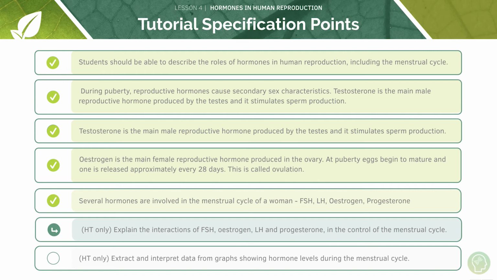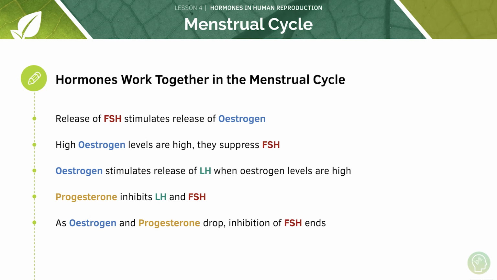Now we're going to make this a little bit easier for you by breaking this down even further. So note that these next 2 parts are for higher tier only, but they can be quite useful in helping you understand the interaction of these hormones even more, so do stay tuned if you'd like to. So hormones work together in the menstrual cycle. Now there's a lot of writing on this slide, and what I like to do is just summarise it